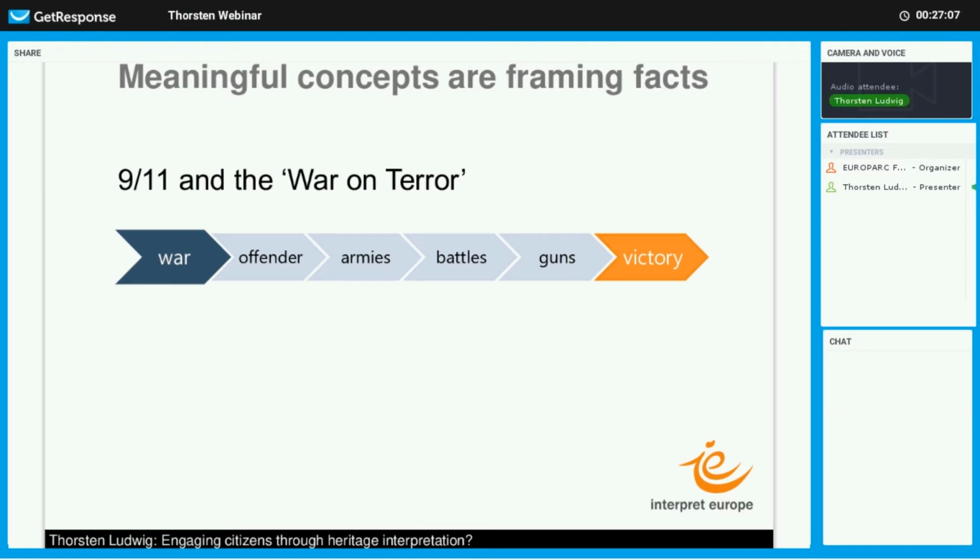So we have an offender, we have armies, we have battles, we have guns, and we aim for victory, because this is the narrative you usually have if you think of war. So as soon as you accept that we are at war, all these things go without saying. So it's an automatism which is triggered. And he said,